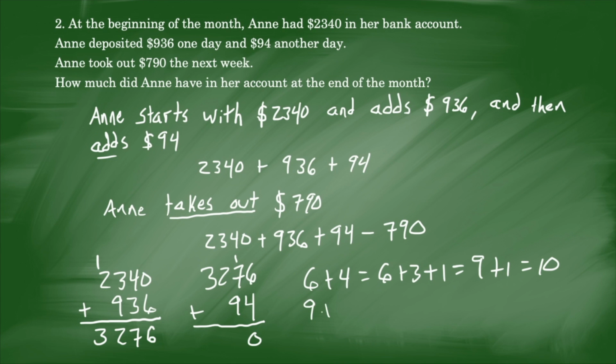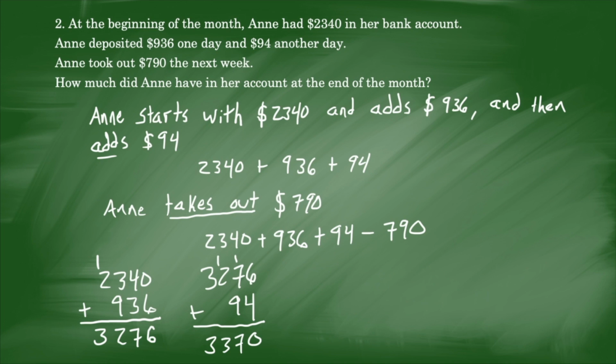9 plus 1 plus 7. So we got 10 plus 7, 17. 7 here. Carry the 1. 2 plus 1, 3. 3 plus nothing, 3. Finally, we have